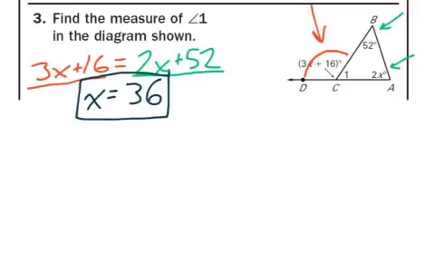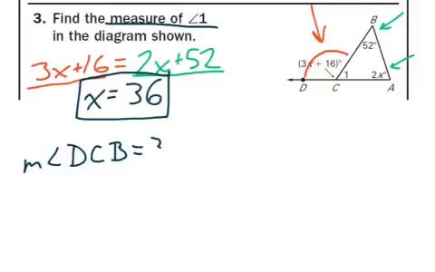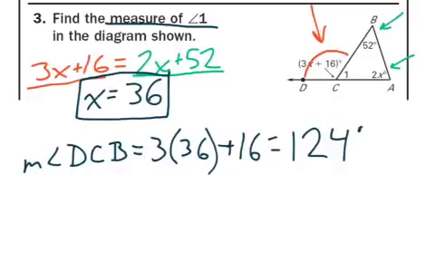Now we need to look at the actual question. The question here is find the measure of angle 1. There's a couple ways you can do that. I think the easiest way is to find the exterior angle, the measure of angle DCB. Okay, and so we've got 3 times 36 plus 16, and that gives us 124 degrees. Okay, so I know that this angle is 124, and if I look, angle 1 is the supplement